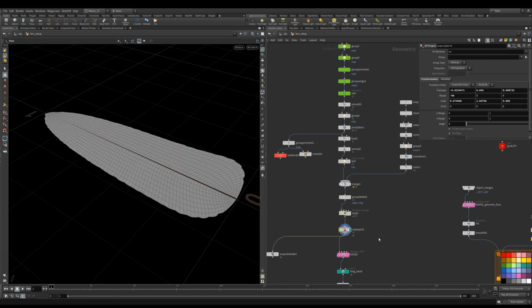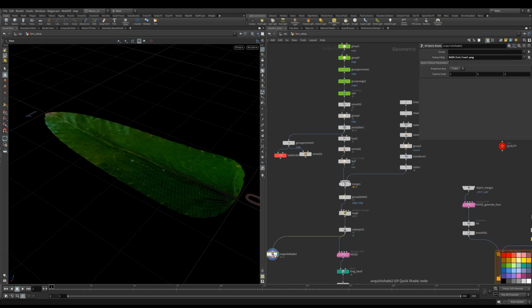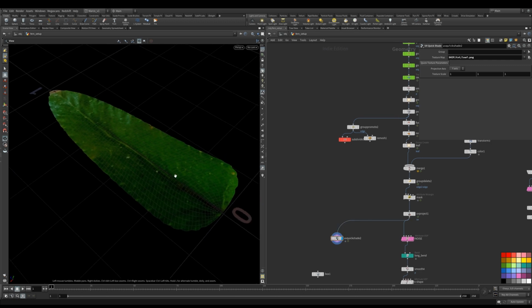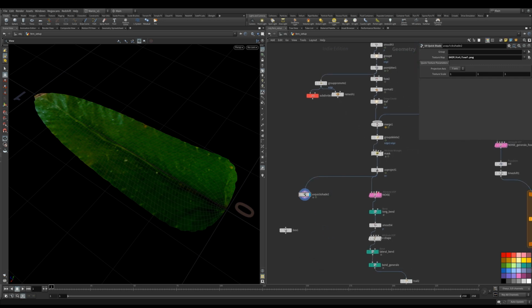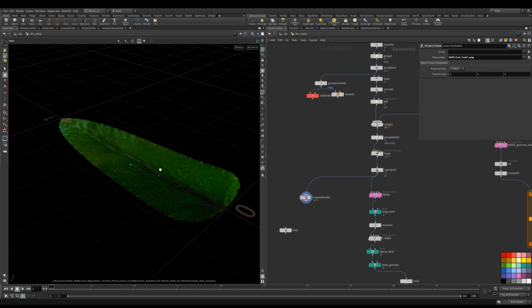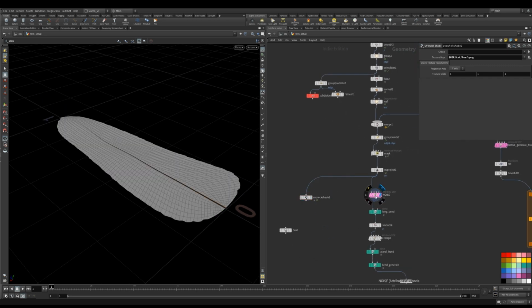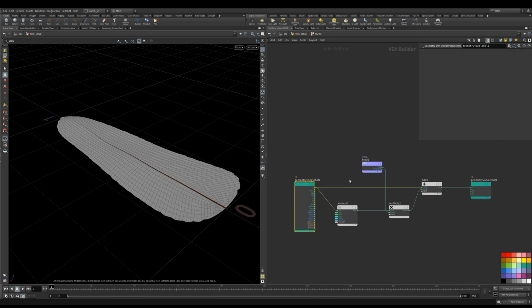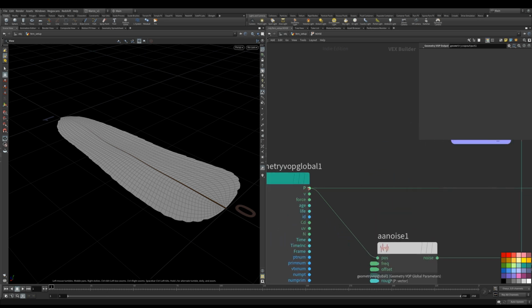I then applied a UV project using this photo I have of a leaf of the plant, just to understand what's going on here. Then we move on to the noise attribute VOP. You can dive in, and here you manipulate point position, noises, colors, all the stuff regarding points. As you can see, we have an input here and an output here. We just take the position of the points